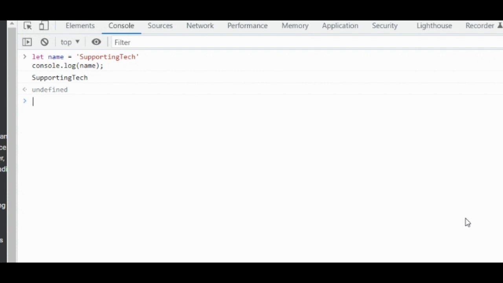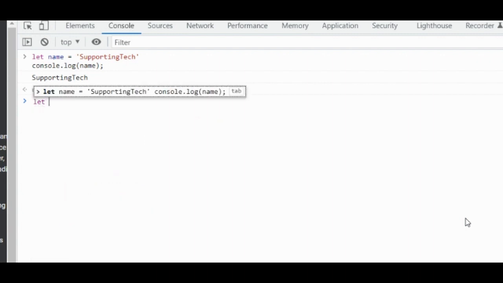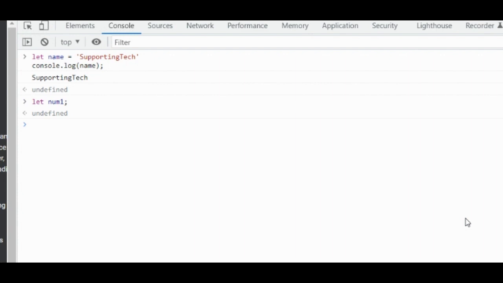Now let's create another variable. Let's name it num1 and press enter. So the output is undefined. By default, variables that are not initialized have a value of undefined. So in the first variable, note that we use single or double quotes over here to indicate that it's a